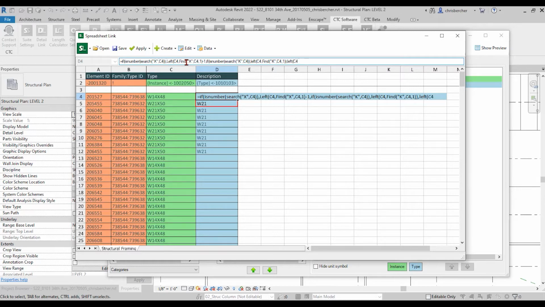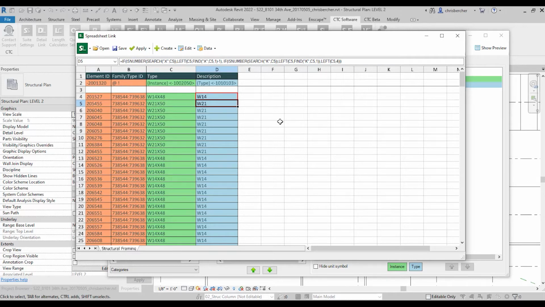Now, if I didn't screw this up, yep, of course I did. So this is where Excel can be fun, and now we get to go back and try to figure out what I did wrong. Instead of doing that, I'm just going to paste the formula in from the Word doc that you can have, and here it is. Now it's working. And you can see, it took the type name of the families,